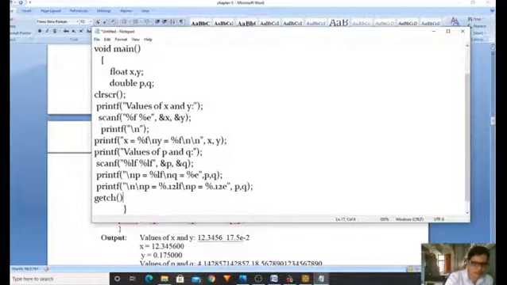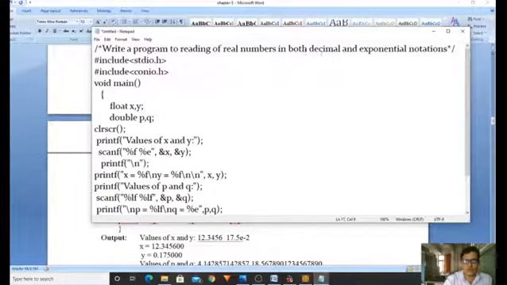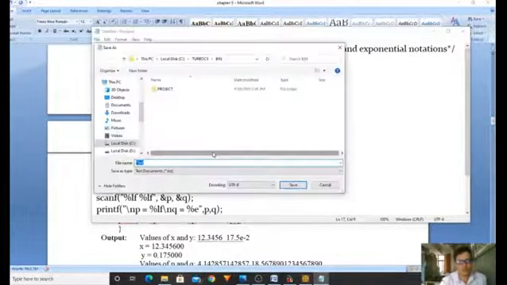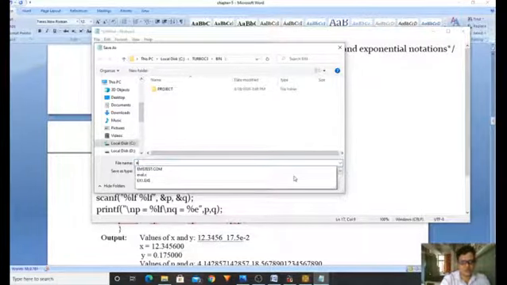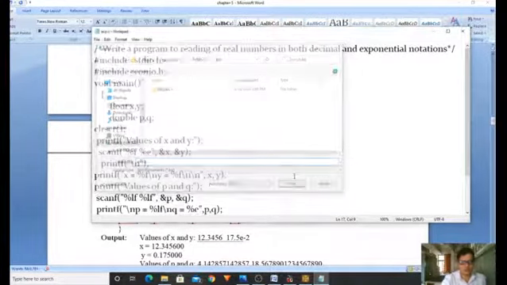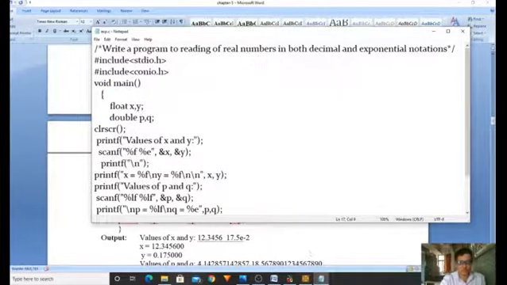Before ending the program we have to give this, right? So this is reading a number both in decimal and exponential notation, right? I'm saving it, confirming in my folder, as exp.c.